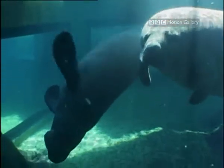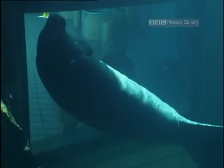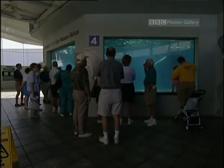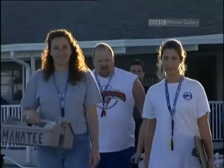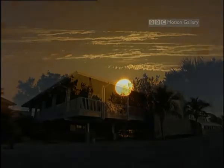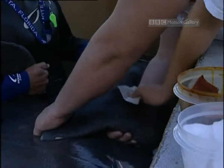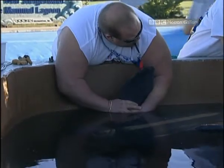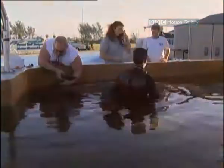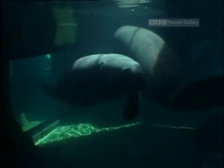And that's where Hugh and Buffett come in, two captive-born manatees at the Mote Marine Center in Florida. To the public, they're the main attraction, but the center's primary focus is research. Each morning, before the center opens, Hugh and Buffett get a health check. Although there are very few trained manatees in the world, these two are, and it makes the process stress-free. To do this with an uncooperative animal could take all day. The training also allows Hugh and Buffett to take part in experiments, which provide information you just can't get